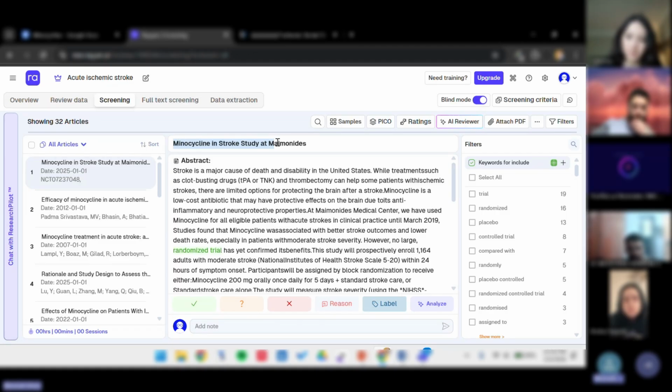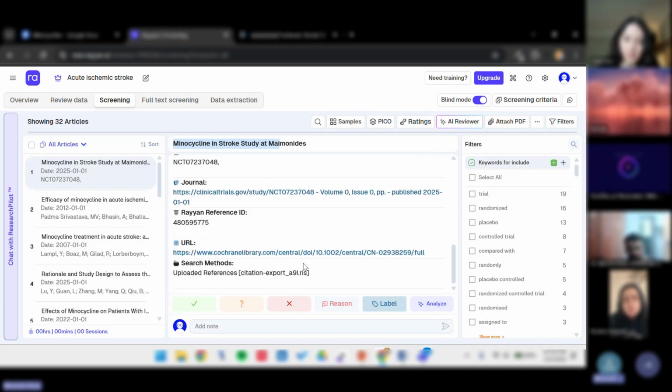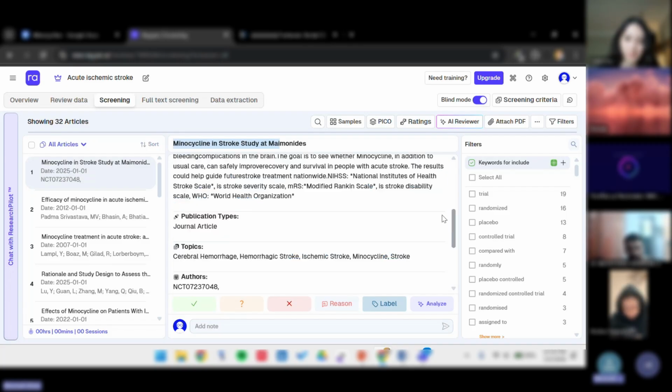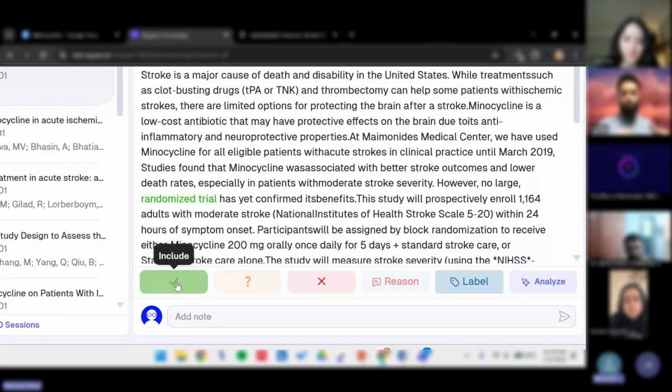So this is the title and this is their abstract, right? If you scroll down, they have the authors and then they have their links present here as well, the URI and DOI as well, right? So that's that. And if you look at the bottom, you have this tick, which means if you want to